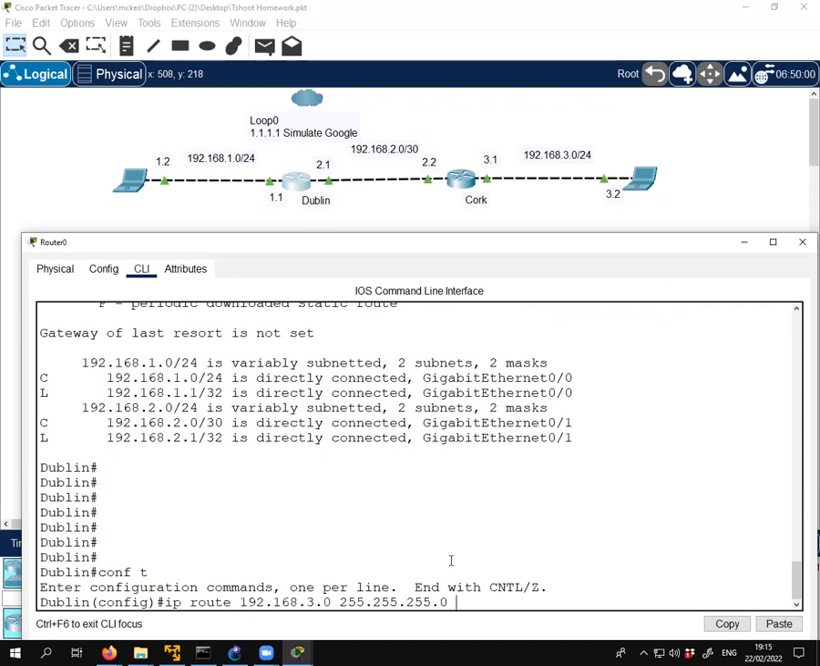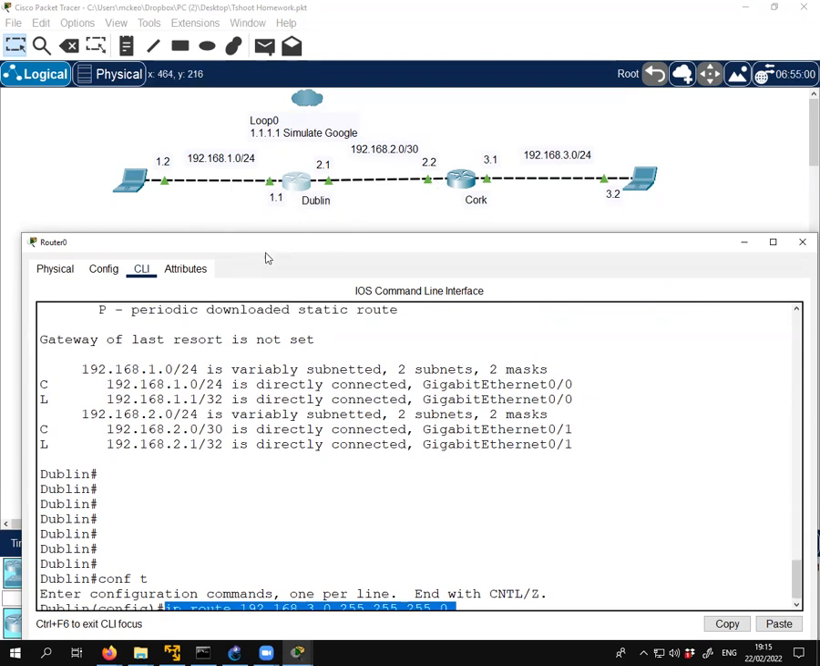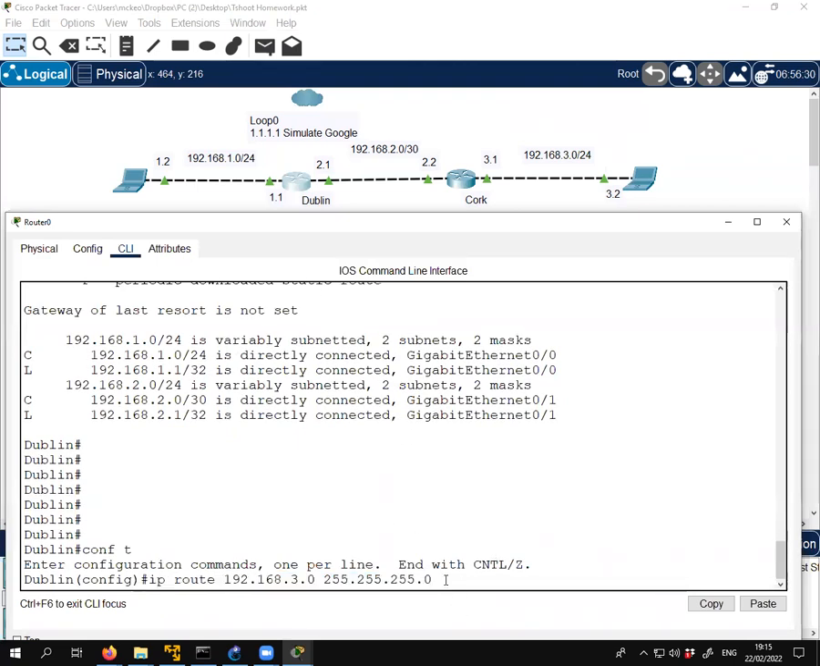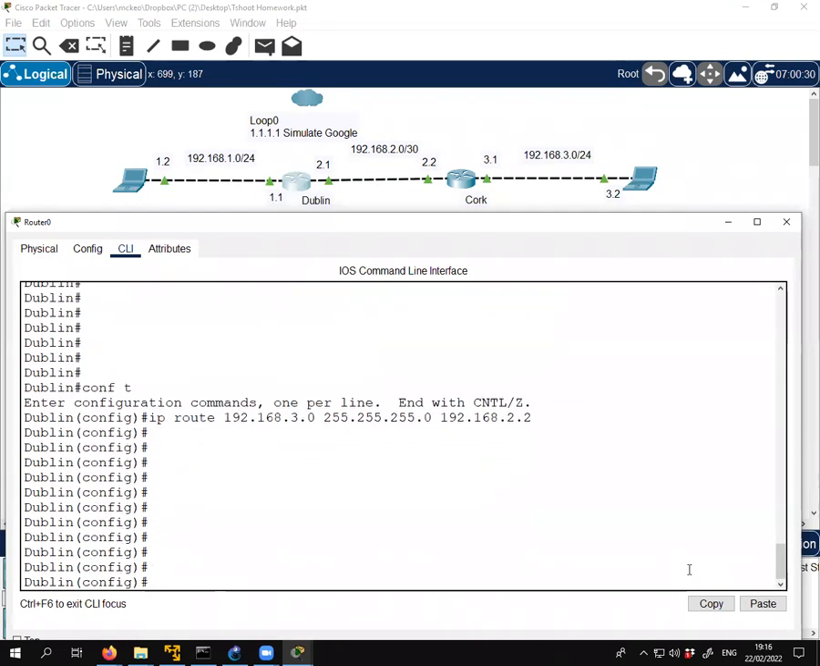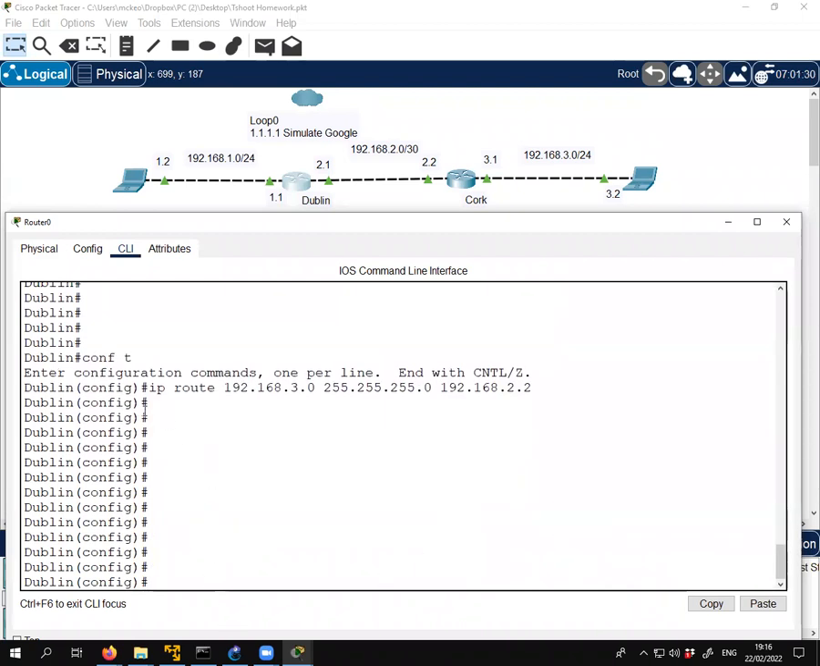192.168.3.0 255.255.255.0. So it's like, hey Dublin, in order to get to this network here, you can specify the next hop IP address. So this is the world according to Dublin here. Dublin's next hop IP address is 192.168.2.2. And that kind of just reads, in order to get to this network here with this corresponding subnet mask, I need to go via